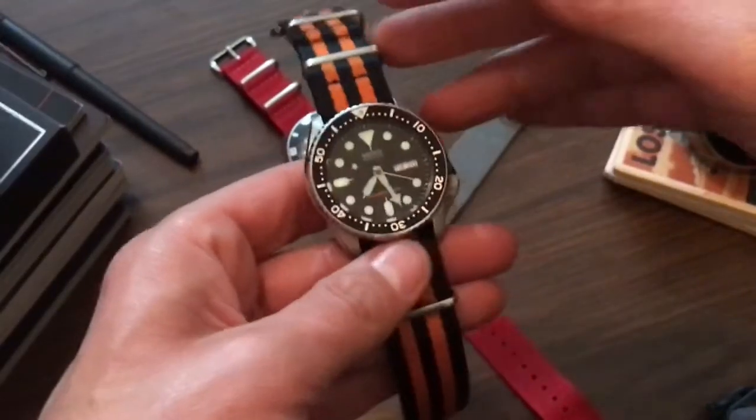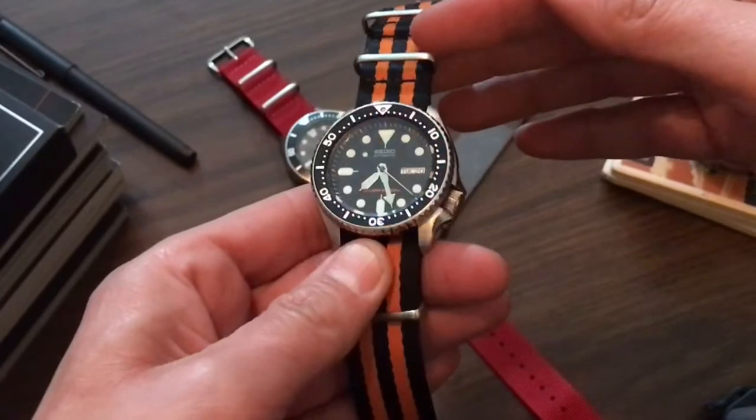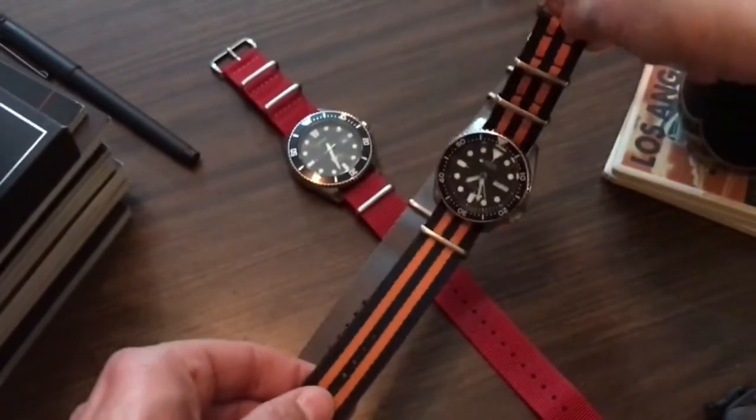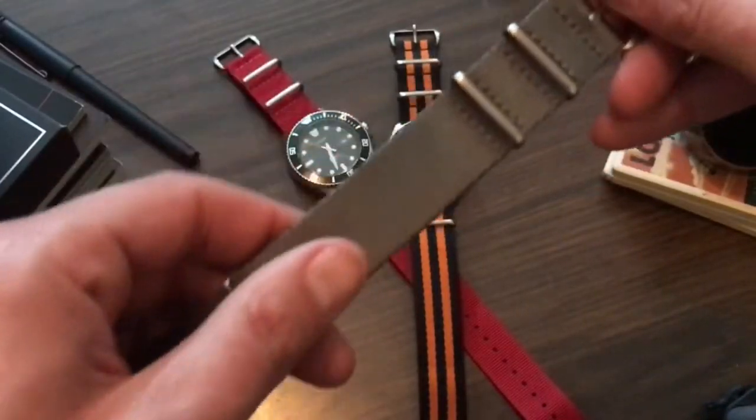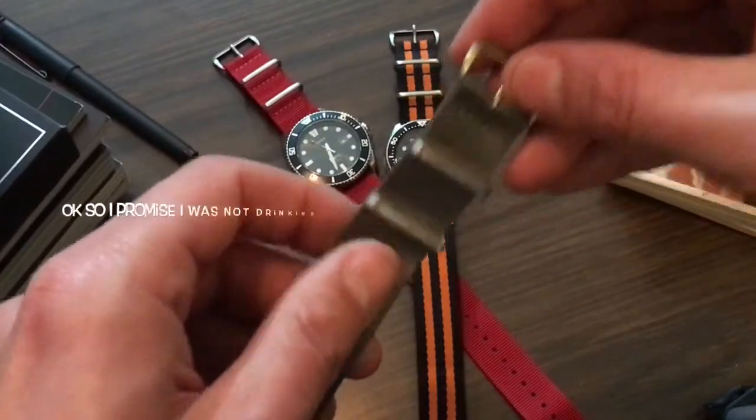All right, so the light's back on. Cat's annoying me, so I'll set this down and I'll give you a better review at a later date on the SKX. As far as the Cincystrapworks